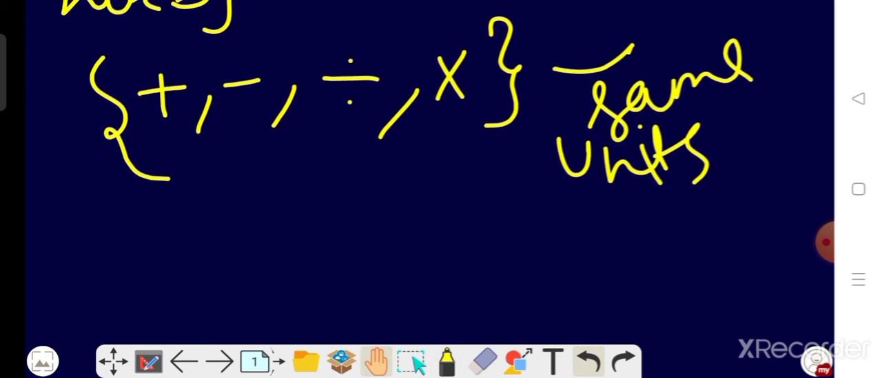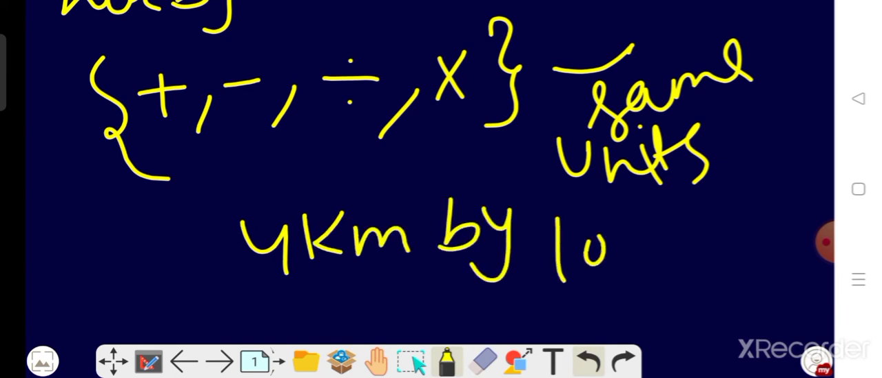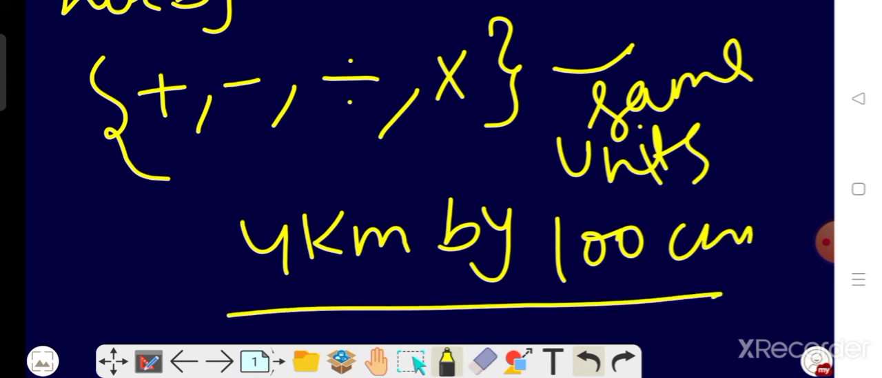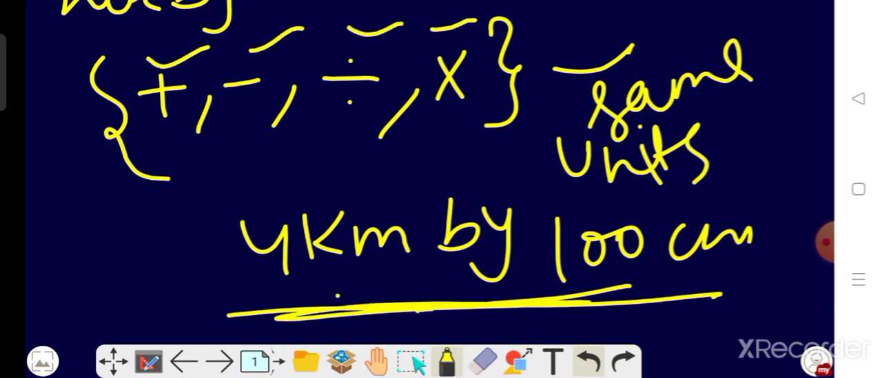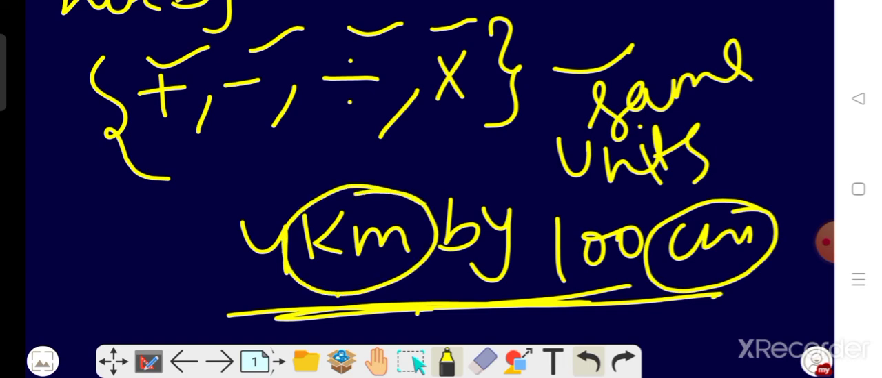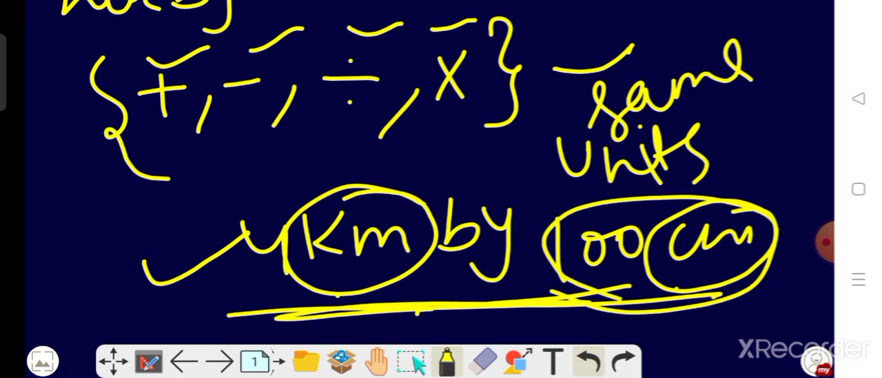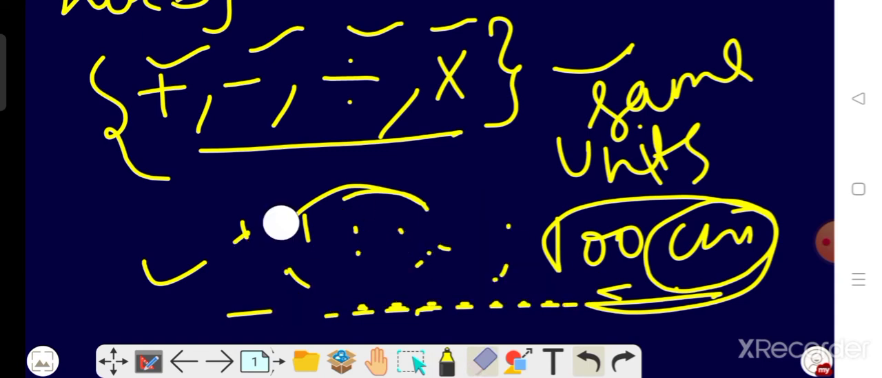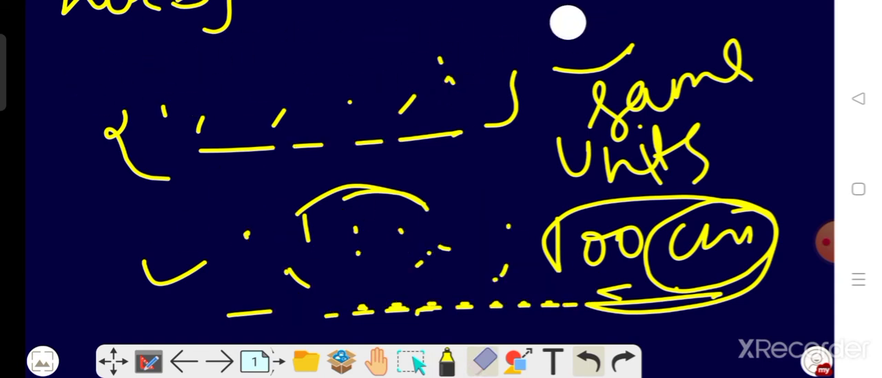Okay, you cannot divide 4 kilometer by 100 centimeter. To operate any of these 4 operations between two numbers like this, firstly we have to make their units the same. Either you have to convert this 4 kilometer into centimeter or you have to convert this 100 centimeter into kilometer. After that you can operate any kind of operation between them. Okay, so in this question also we have such a problem, and that is the amount of height